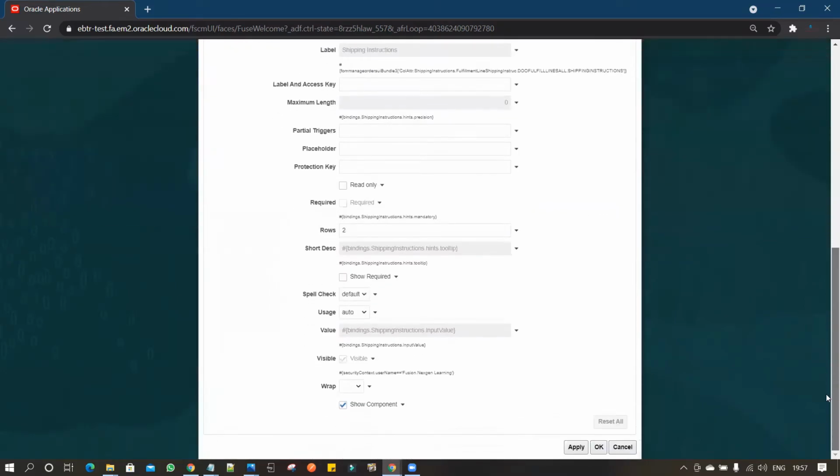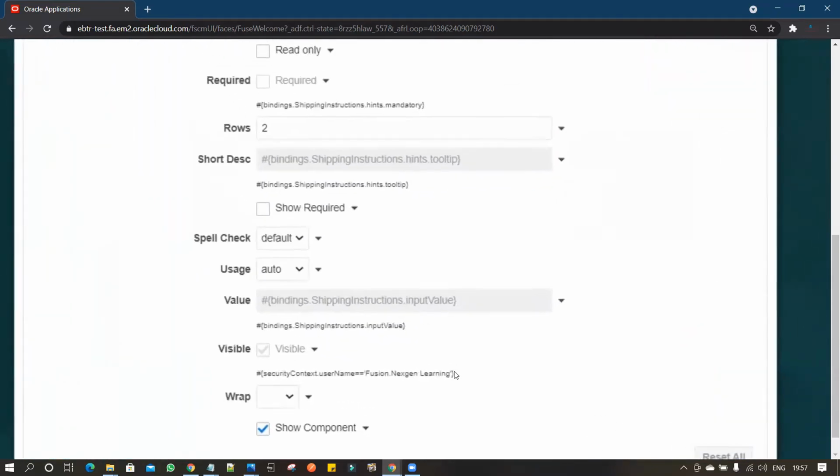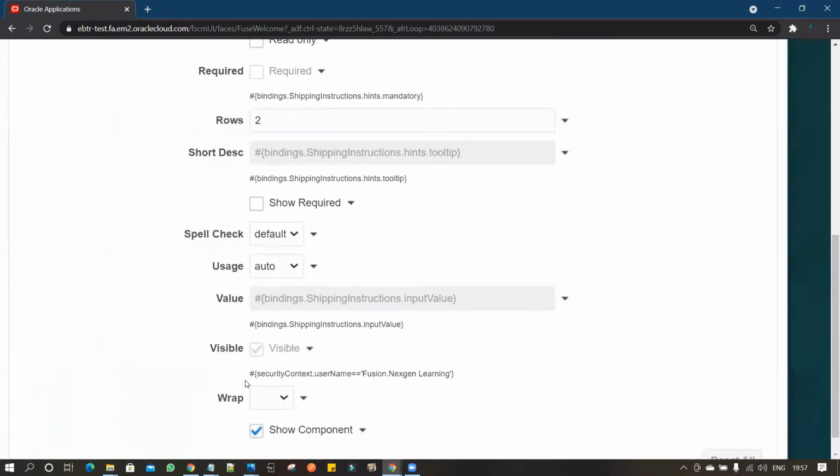Now you have to scroll a little bit down and you can see that it is hidden for the particular user. It is a true condition for the particular user.